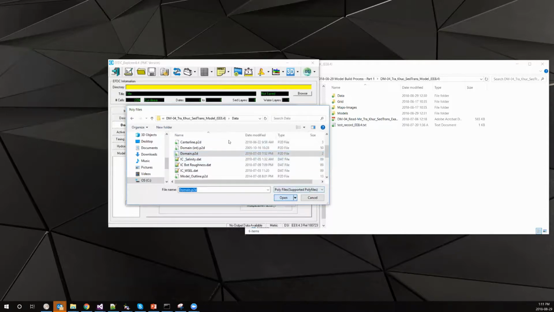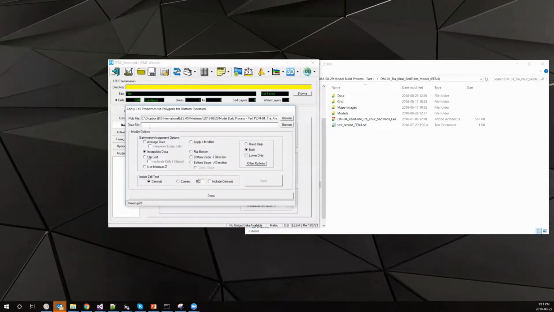So with that selected, then you have different options down here for how you want to set your